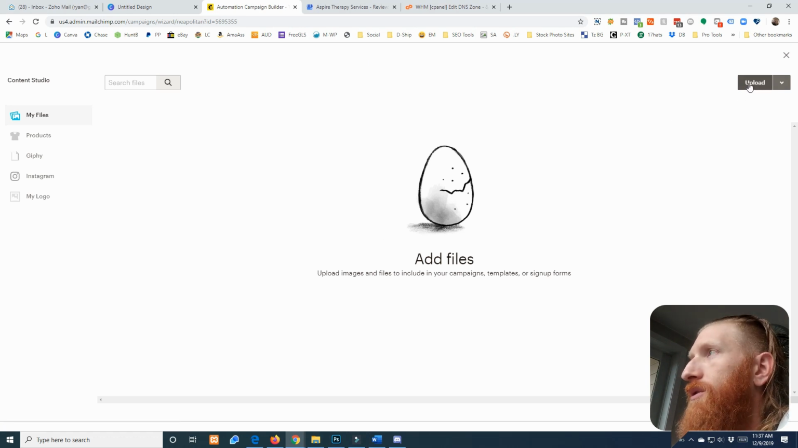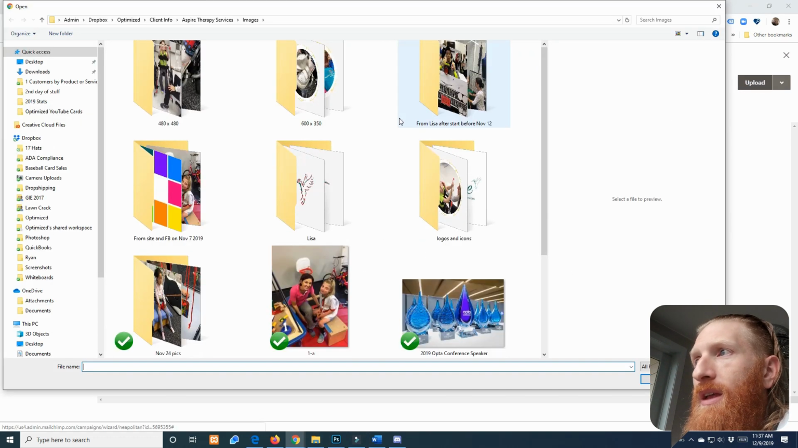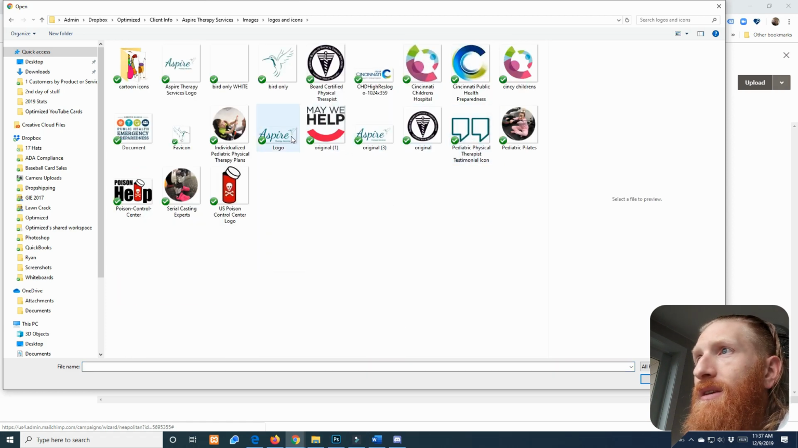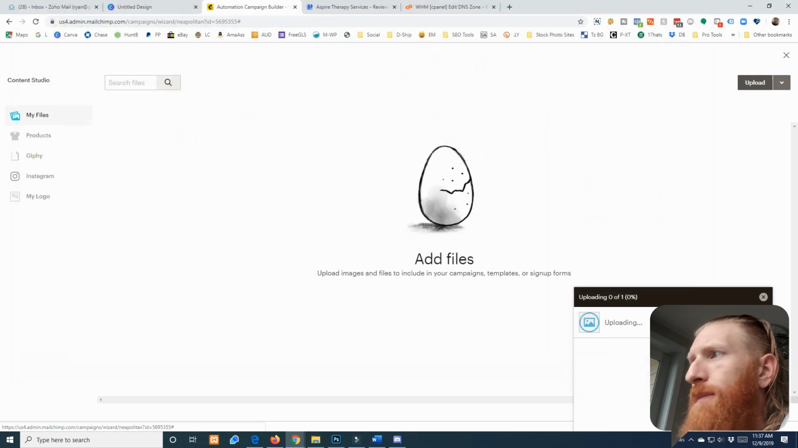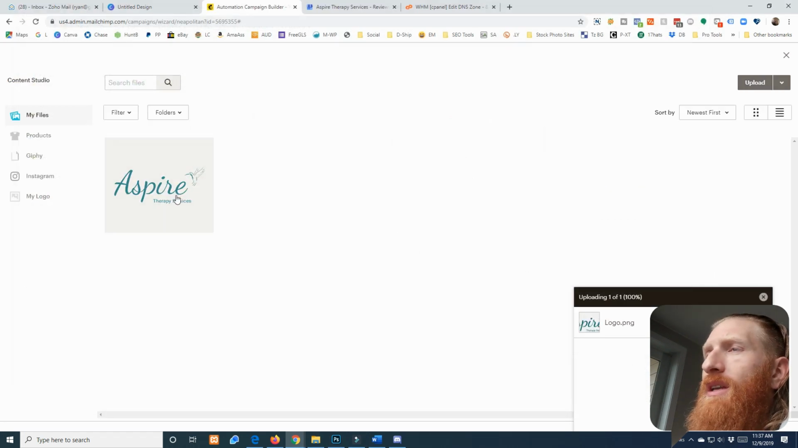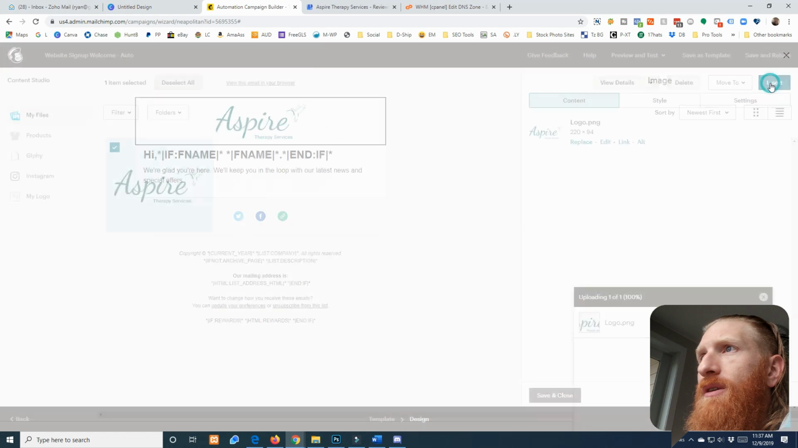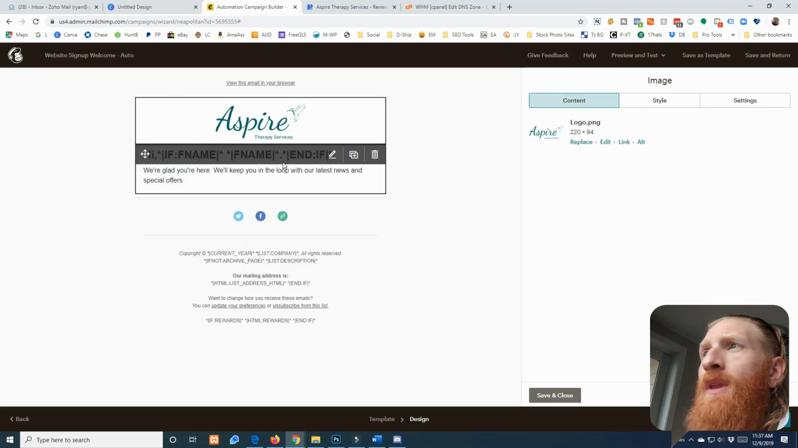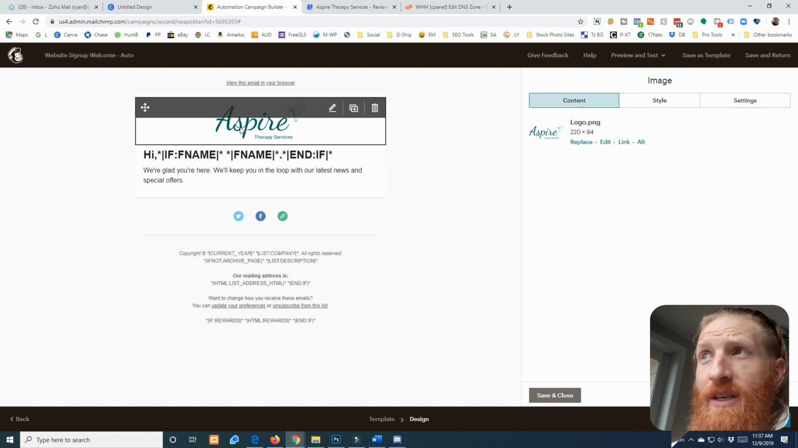So let's go to Upload. And we'll grab her logo. So logos and icons. Let's see what the size is on this one. It's relatively small, might be fine. Yeah, we'll go ahead with this smaller one. That'll work. We'll open it. So now it's in here, and we'll insert it. So there we go. So we have our logo in there, and you don't want to go crazy with images